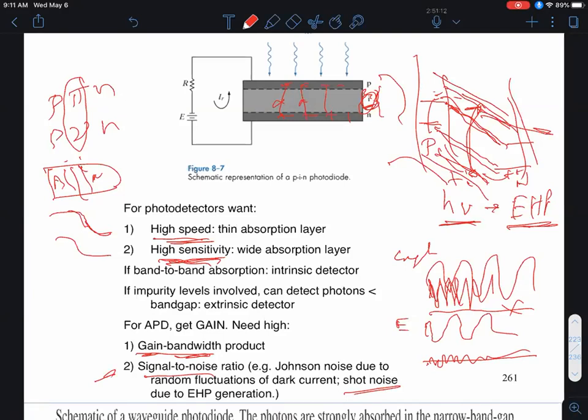What is shot noise? Well, in electrical engineering, we often pretend that this electrical current is a smooth, continuous flow of a charged liquid, right? But really, it's got a granular structure to it, right? It's made up of electrons, which are discrete, and holes, which are also discrete. So at the output terminals, if I have especially low light intensities, you may get statistical fluctuations of the number of electrons and the holes that come out at the terminal. So the number of holes that come out and the number of electrons that come out at the two ends